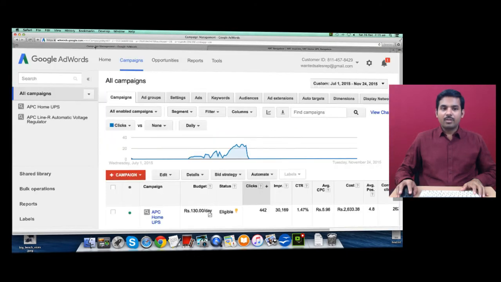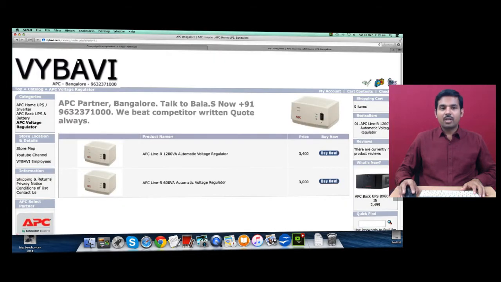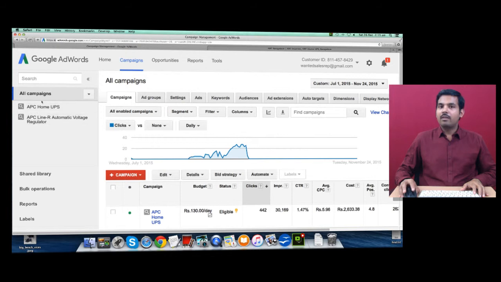So look at the campaign structuring. They have APC home EPS and APC voltage regulator. So this is good, this campaign structuring is good. They have their website structuring reflected in their AdWords campaign structuring, which is fine. And then you need to